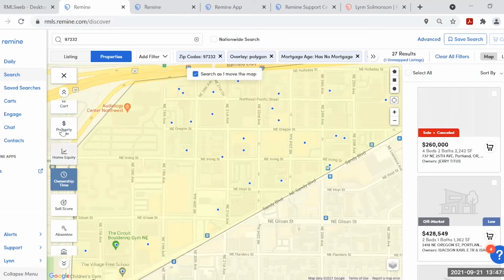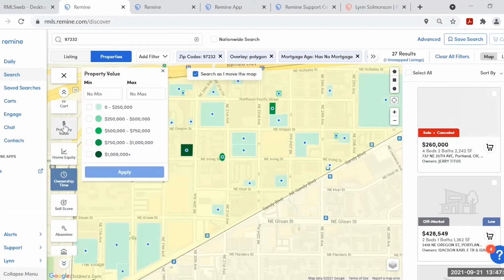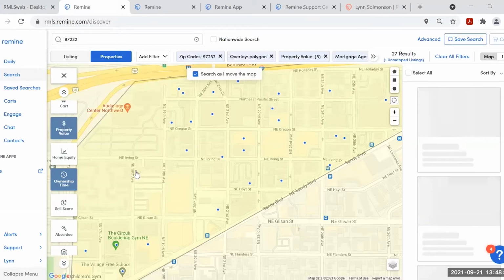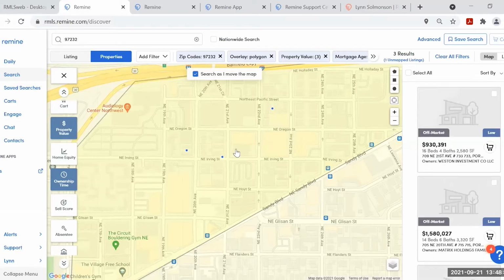Okay, and then maybe property value. Let's see. Okay, so 500,000 or more. So my thought process, I'm going to apply that layer. It's going to take me to 3. Okay, so my postcard mailing, I'm targeting these people thinking maybe they might be getting ready to downsize.